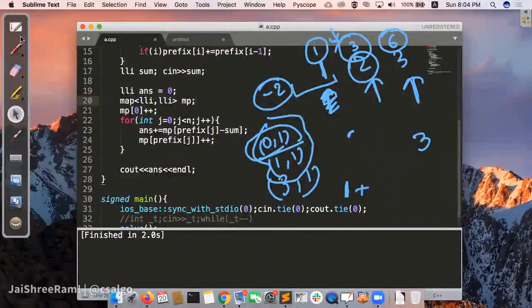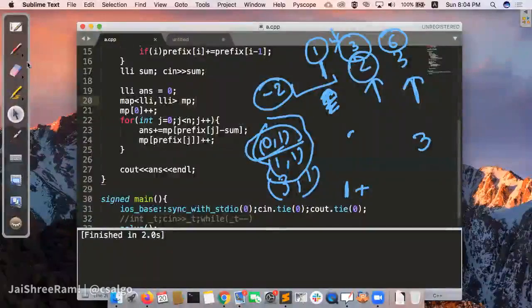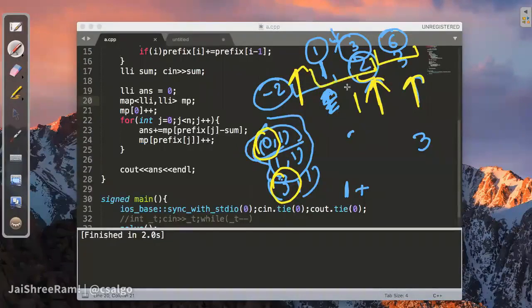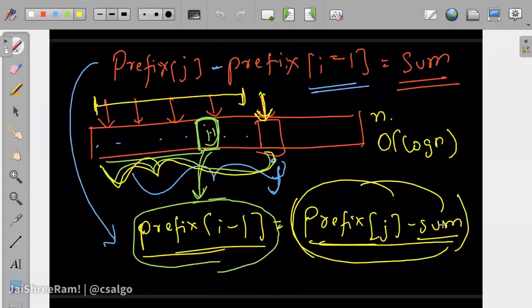And if you talk about how this is working, it's actually something like this. Let me explain that. When you're searching at this endpoint, it is actually taking this other endpoint, that is this 0 over here. Okay. When you're searching at this endpoint, it's taking this other point as j, because 3 is over here. And since this is a possible answer, and for this index, this was a possible answer, right? So that's how it's counting. Make sense? So this all comes from this particular expression only. This is the main manipulation that we have done over here.